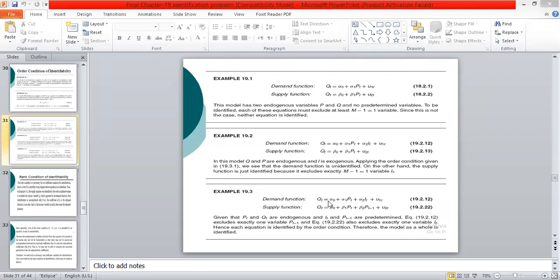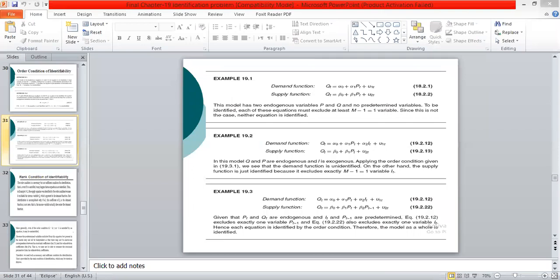So it is exactly identified. On the same lines, the supply function also excludes at least m minus 1 variables. So it is also exactly identified, because both the equations exclude at least